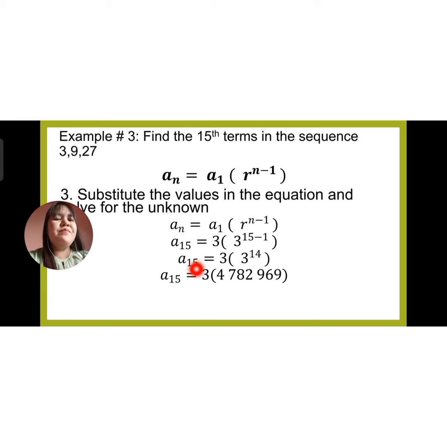And then, a sub 15, kinopya yung ating 3 uli. 3 times, 3 raised to 14. Ibig sabihin, imumultiply natin si 3 by itself ng 14 times. So, later ipapakita ko sa inyo kung paano siya pindutin sa calculator. So, if we press 3 raised to 14, it will give us